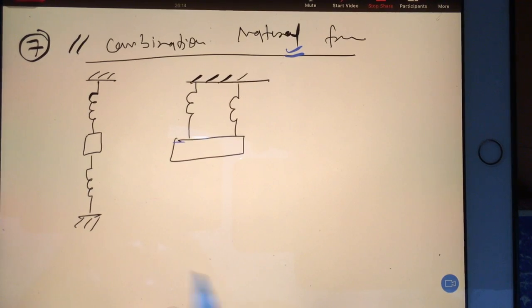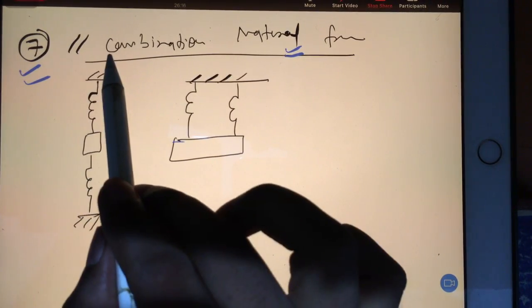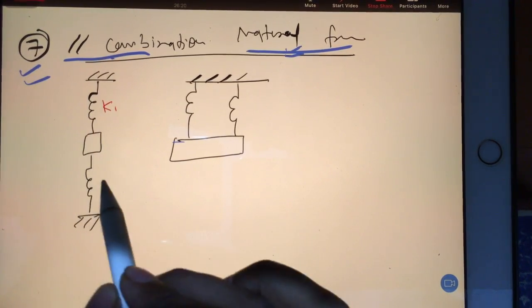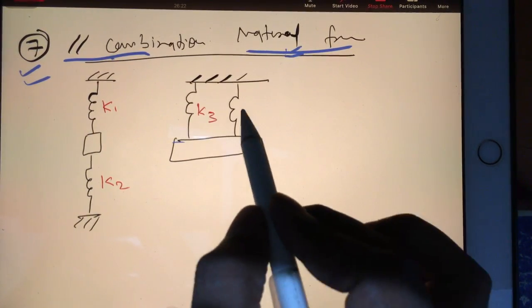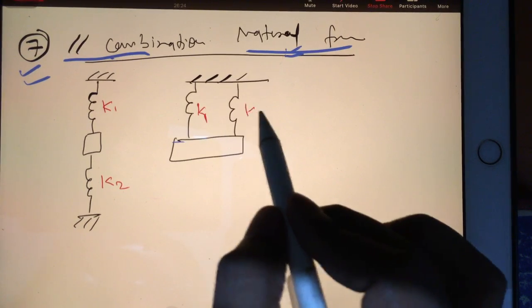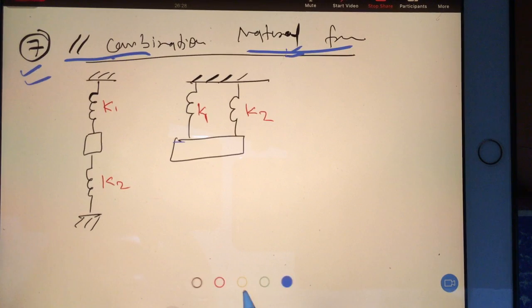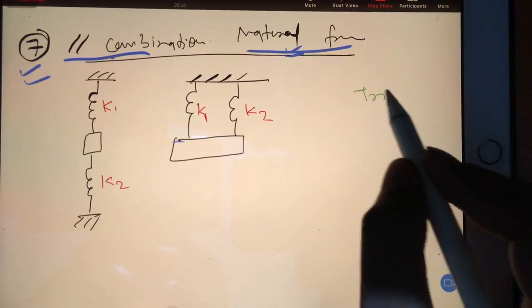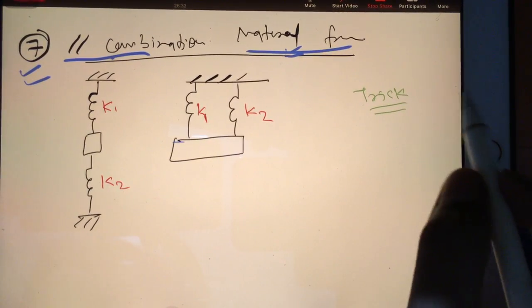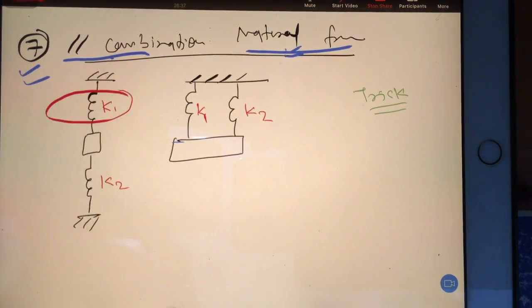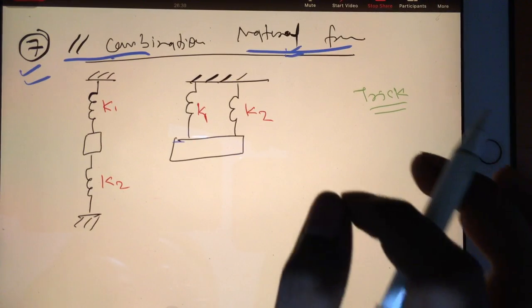Suppose this is the seventh point, parallel combination, natural frequency we are finding out. Suppose this one is K1, this one is K2. These are two different questions, and I'm saying they both are in parallel combination. So the best trick to understand parallel combination is you make any one spring rigid, not in reality, in your mind,